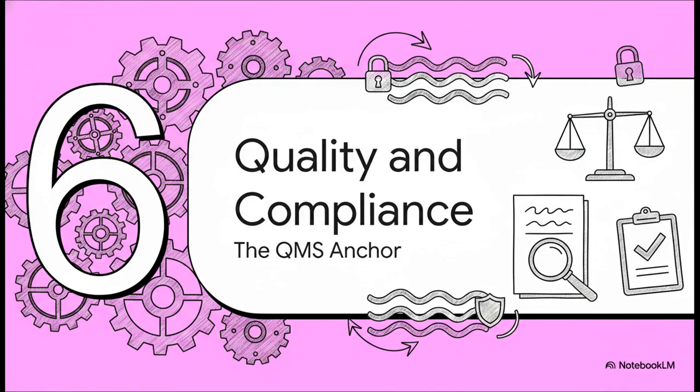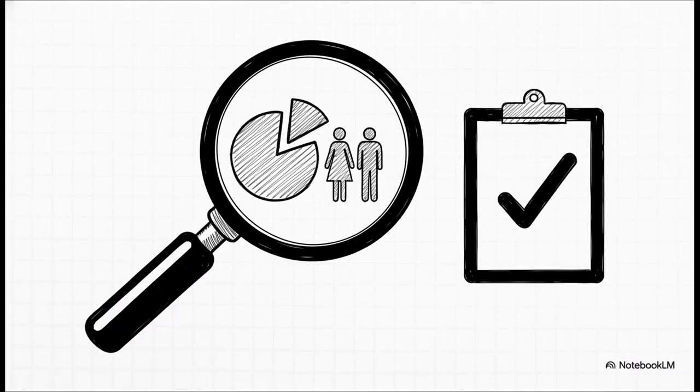Finally, let's wrap up with Section 6, Ensuring Quality and Compliance, basically the QMS anchor. So, at the end of the day, how do we know the experts actually did the work accurately and honestly? Well, that's where the Quality Management System, or QMS, steps in for audit compliance verification. Internal and external audits are conducted to meticulously verify the fieldwork. Auditors are asking the hard questions. Did the primary surveys actually hit that required 10% sample size of households? Did you make sure the data was gender disaggregated so women's specific socioeconomic realities were captured? Are the official gram sabha minutes attached to prove these consultations really happened?